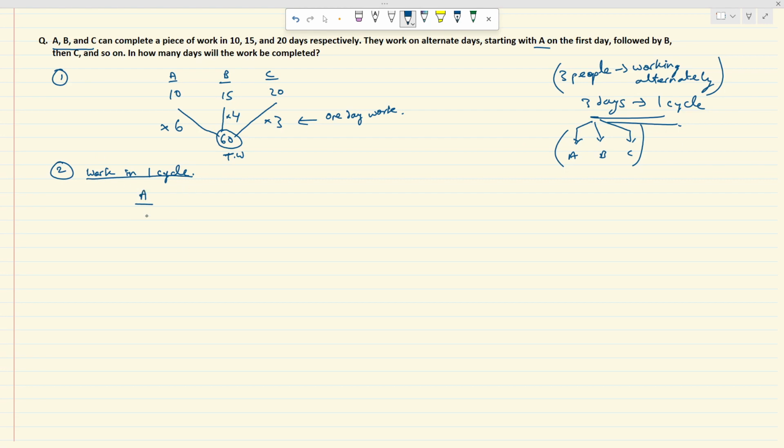A एक दिन में 6 यूनिट काम करेगा, B एक दिन में 4 यूनिट काम करेगा, C एक दिन में 3 यूनिट करेगा। वर्क डन क्या होगा फिर? 6 + 4 + 3 दैट इज़ 13 यूनिट्स